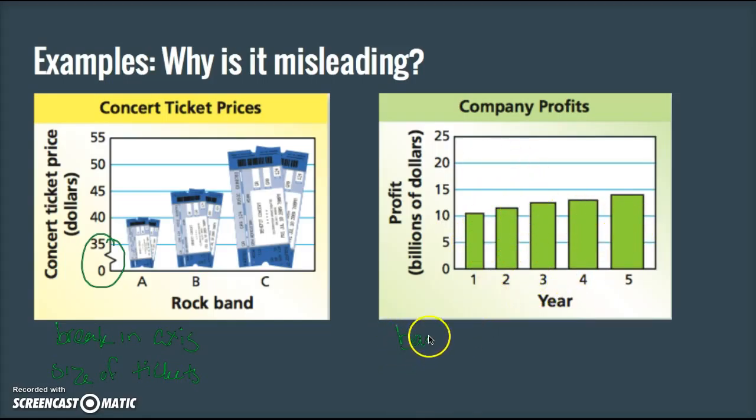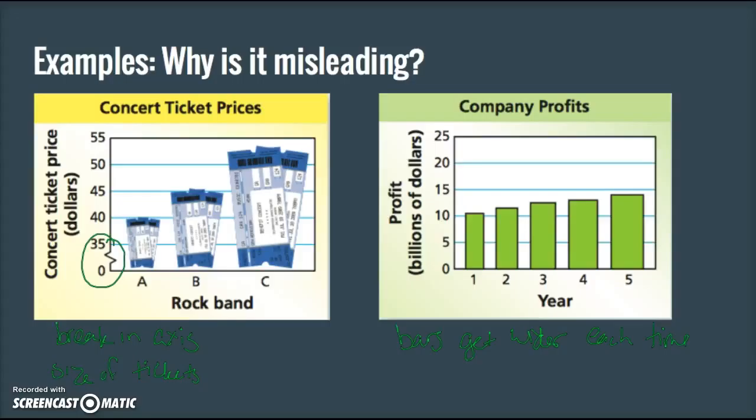Okay, so why is it misleading? The bars get wider each time. We need to stay consistent and have our bars be the exact same width as we go through to keep it consistent. Okay, so you'll need to refer back to your Canvas page for your assignment today,